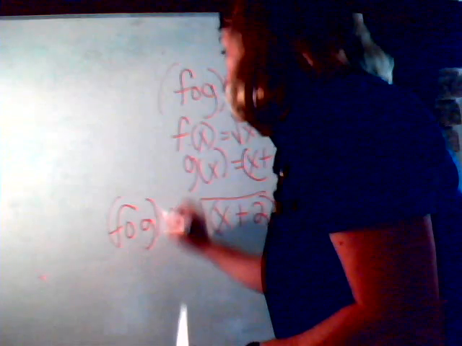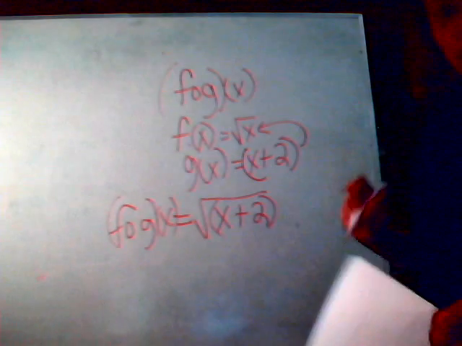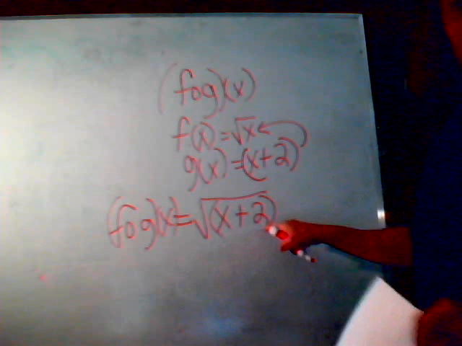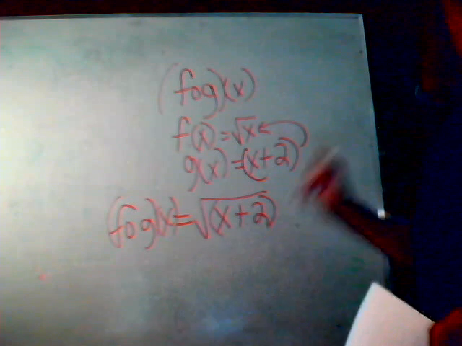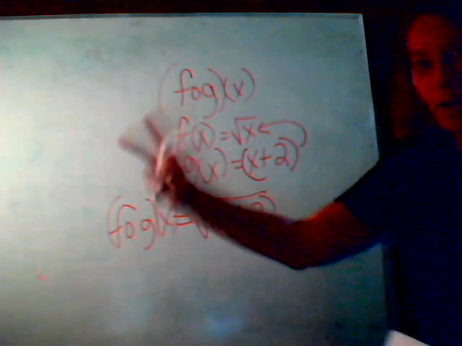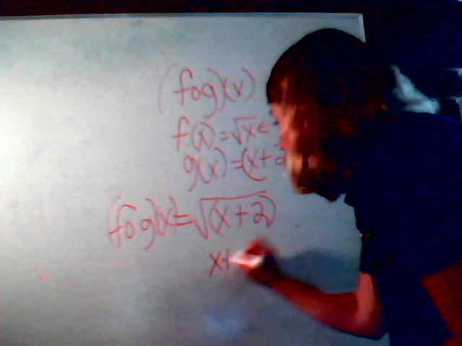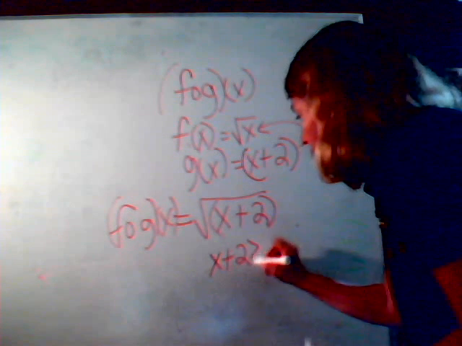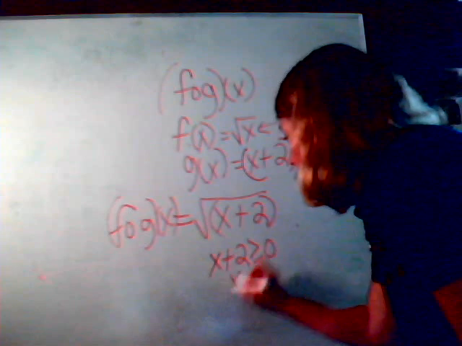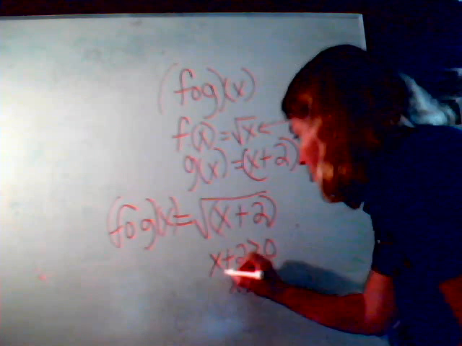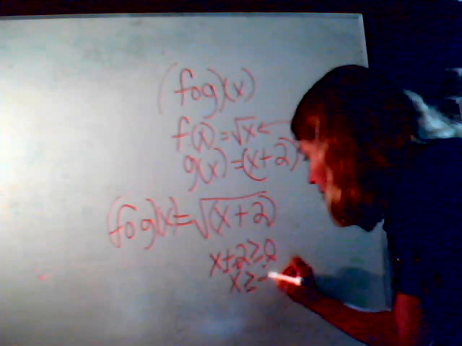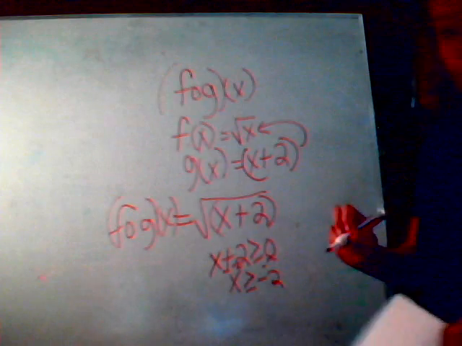Now, I just have to look at the domain and the range for that. Well, what's the domain? What do we know? Under the radical has to be 0 or greater. It's got to be positive. So when is x plus 2 greater than or equal to 0? When x is greater than or equal to, subtract 2 from both sides, x has to be greater than negative